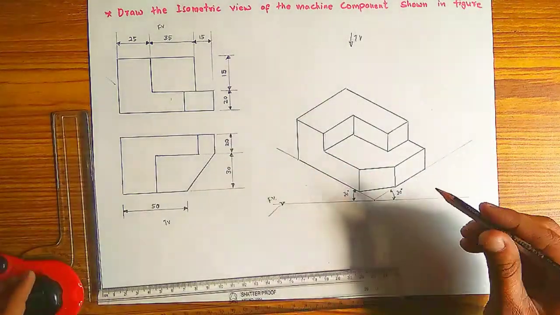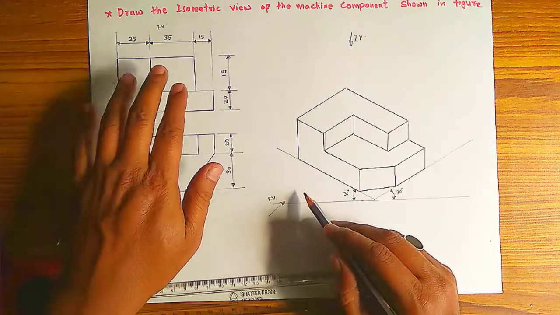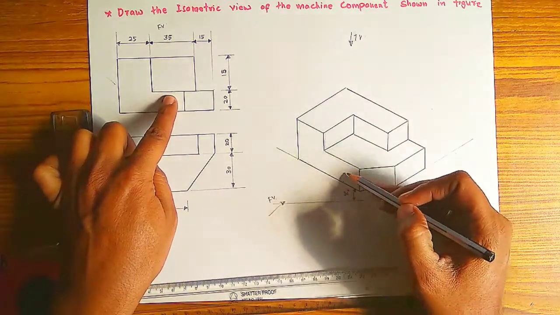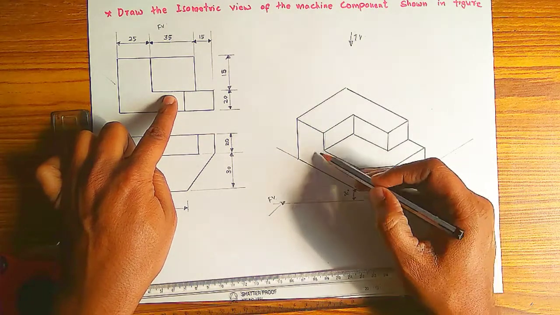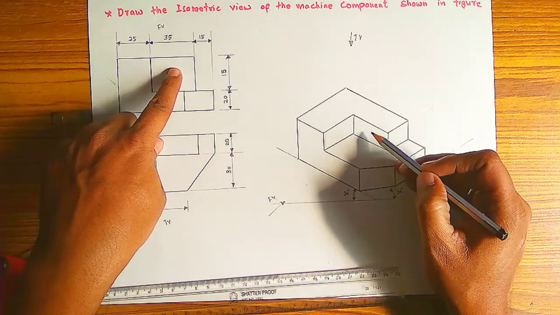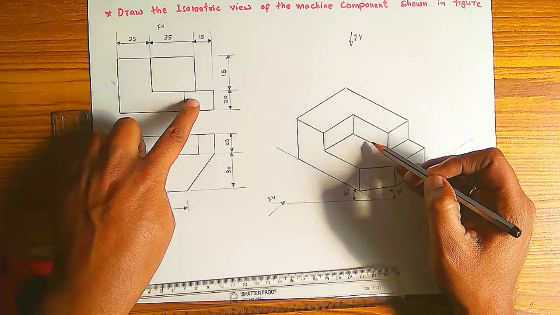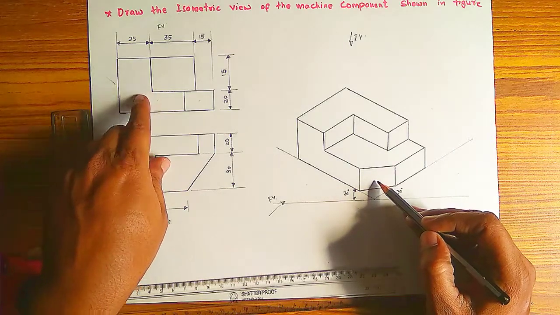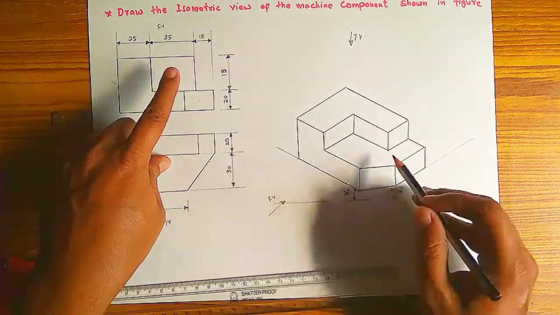Now you see the figure. If you see from the front, this is the front view. If you see from the front, this L-shaped section is visible. This L section is visible, so I have drawn that. And this box is exactly straight, this box is visible. I have drawn that also. And this box has this line from the front, this line surface is also visible. So all these three surfaces visible from the front, I have drawn.